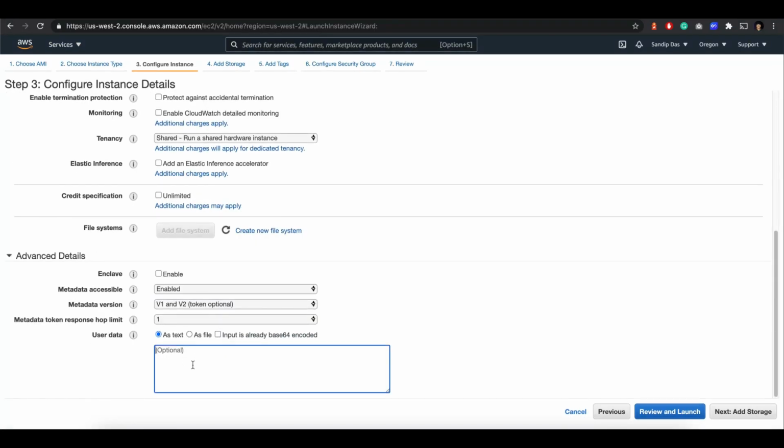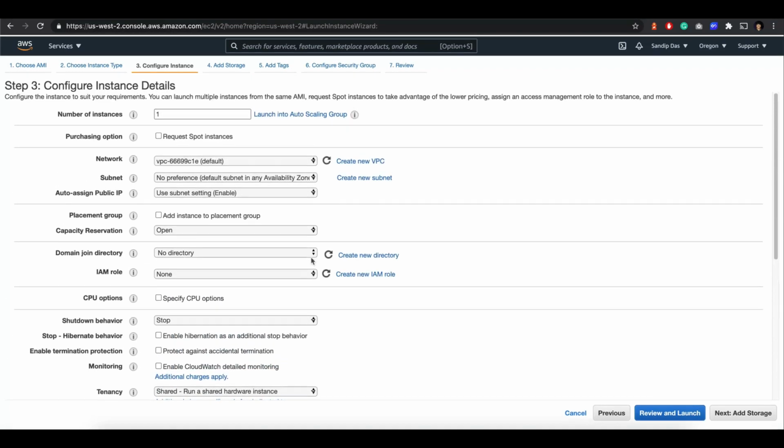And see, this line itself is pulling the binary from S3, so we have to give an S3 role.